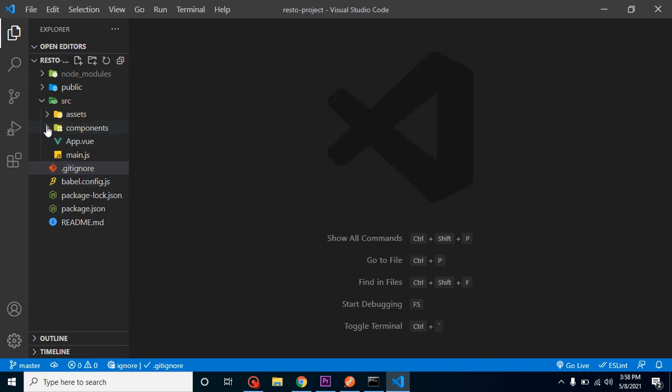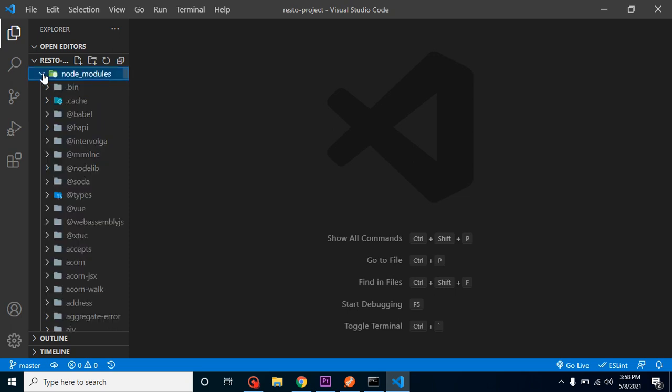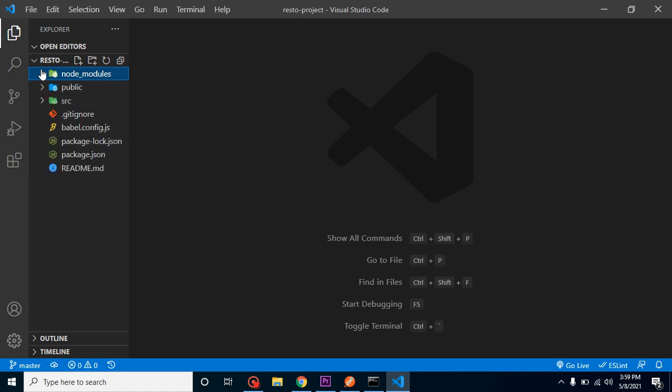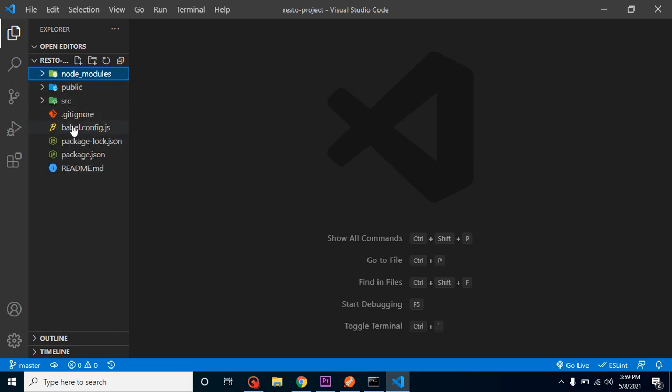After that, we have three folders. First one, let's talk about node_modules. In this folder we have all packages that are required for Vue.js development. If you add any other package, like for validation, or a Google package for Google Maps, etc., all the packages are saved here and we can use them in our project, right?